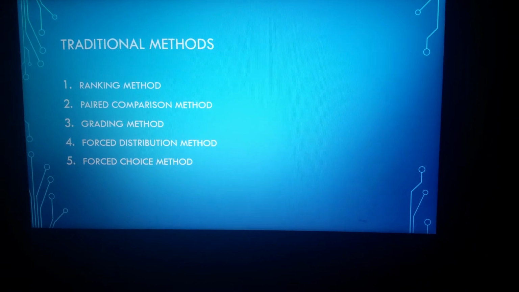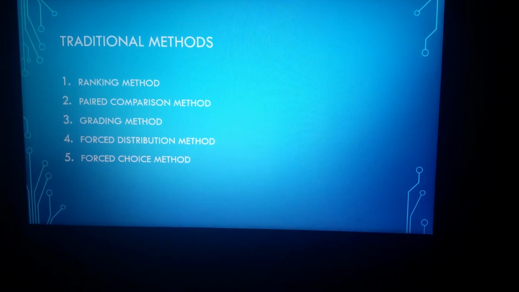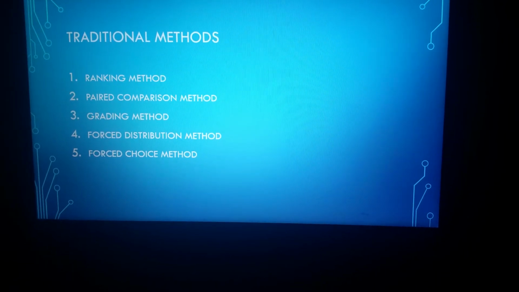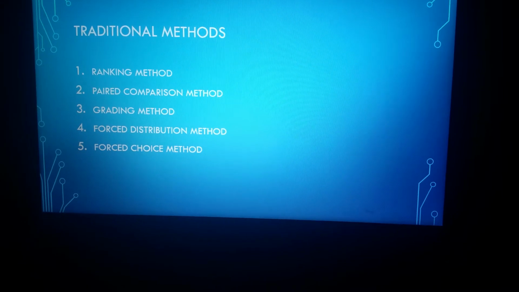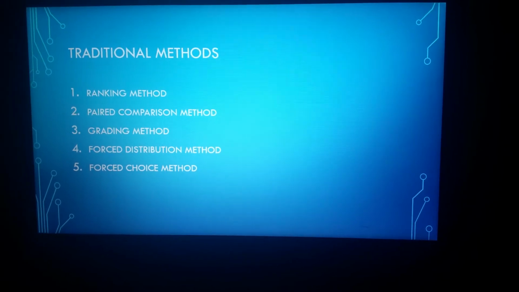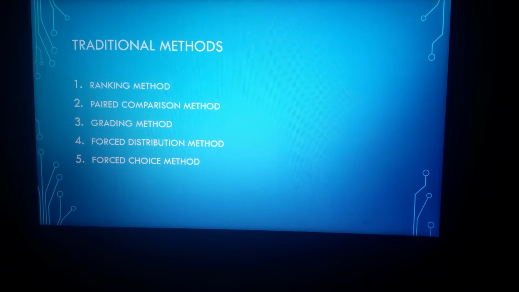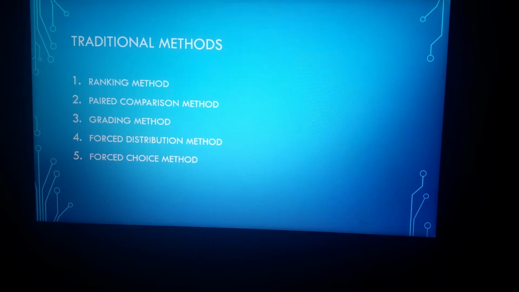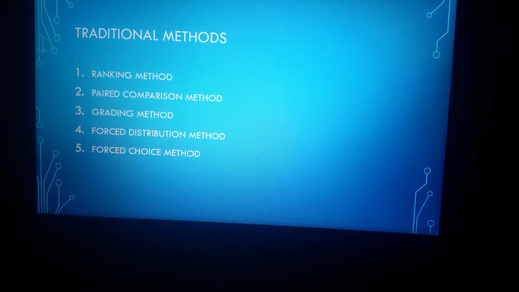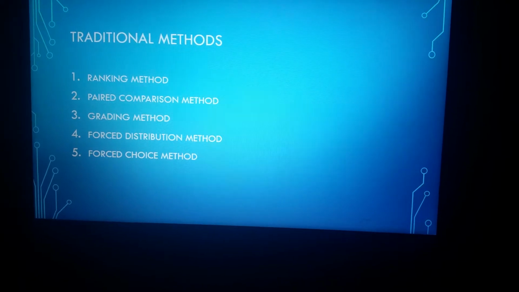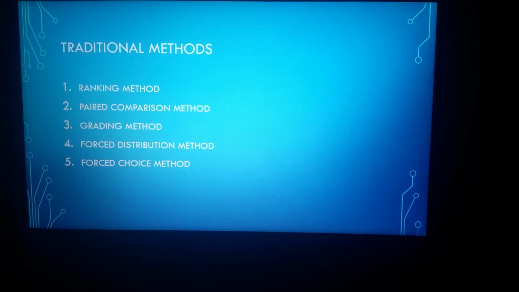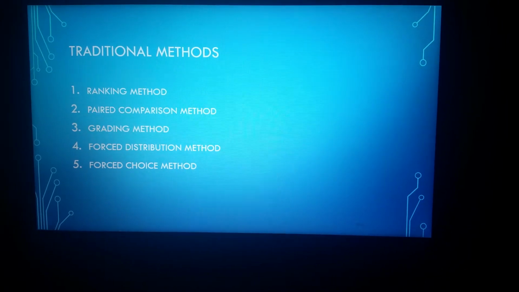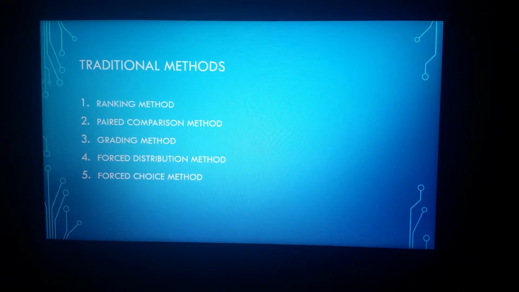Basically, the paired comparison method is an improvement of the ranking method, and in this method, the listing of the employees is made on a more systematic basis when compared to the simple ranking given under the ranking method. Under this method, every employee is compared to all the other employees at a single time. However, since every employee's performance is compared to the other employees, this method is suitable only when the number of employees is limited.